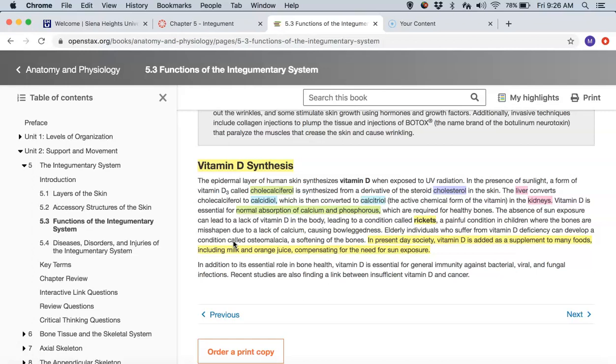And so the stratum basal and the couple of layers of cells just above it are still active. Remember, their nuclei are producing keratin, yes, but they're also quite living and quite active at that time. One of the things that they're doing is synthesizing vitamin D in the presence of UV radiation. So when your skin is exposed to sunlight, the UV radiation starts a process